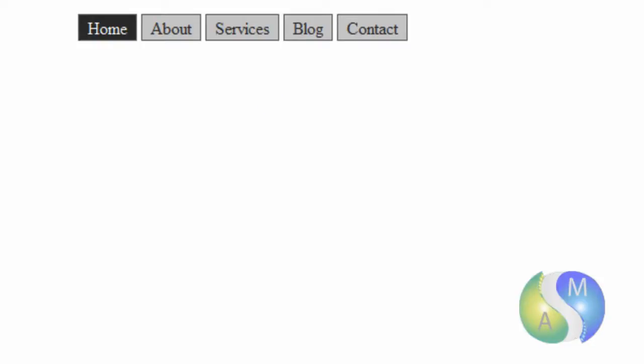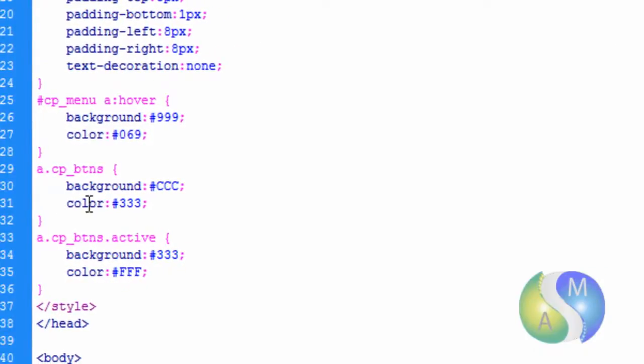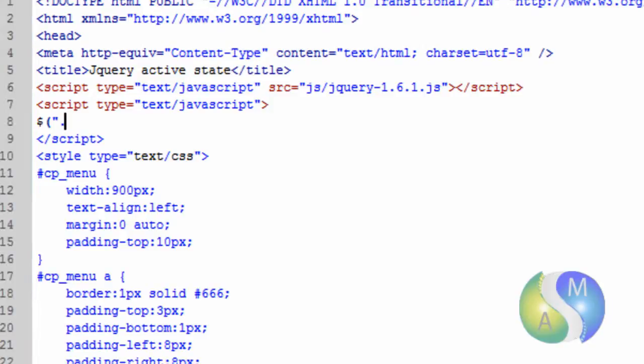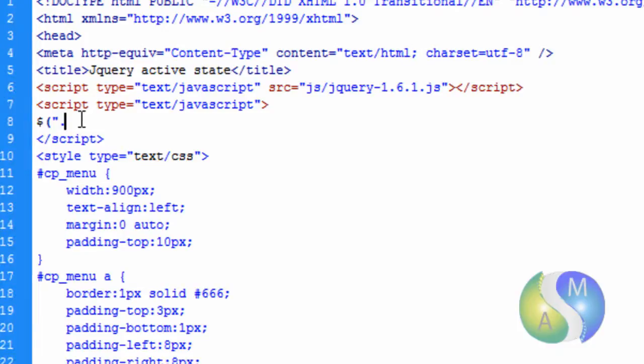So that's going to be the next thing to do right now. So we'll come out of live view, go back into our code, and I'm going to come up and insert the jQuery. Okay, so the first thing we need to do is $, open parenthesis, double speech, and we're going to say dot, and the first one we need to do, oh no, sorry, my mistake, I'm going too quick on myself now. Sorry guys, I'm getting too ahead of myself. Sorry, it should be document